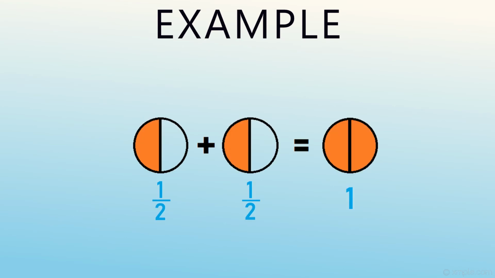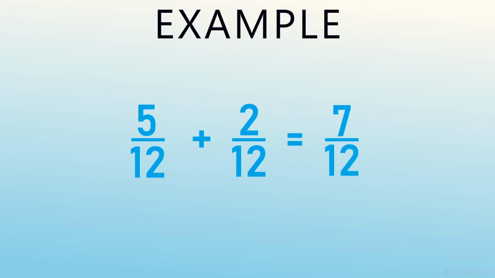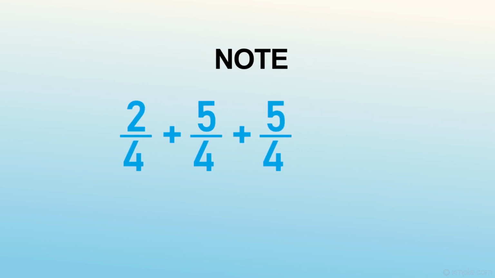Let's see a few more examples. If you have 5 over 12 plus 2 over 12, since the bottom numbers are the same, it is easy to add these fractions. Add the top numbers, which will give you 7, while keeping the denominator the same. So your answer will be 7 over 12. So 5 over 12 plus 2 over 12 gives 7 over 12. Easy, right? We have understood that if we need to add like fractions, we need to add the top numbers and we will keep the bottom number as it is.